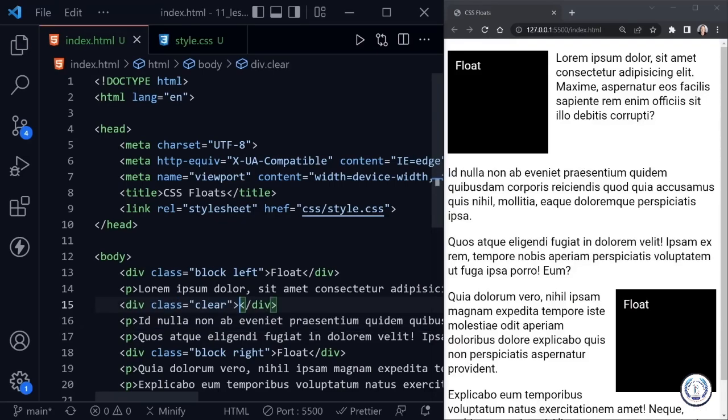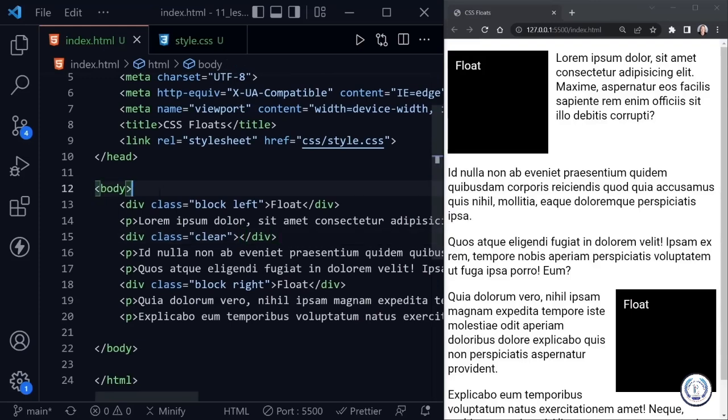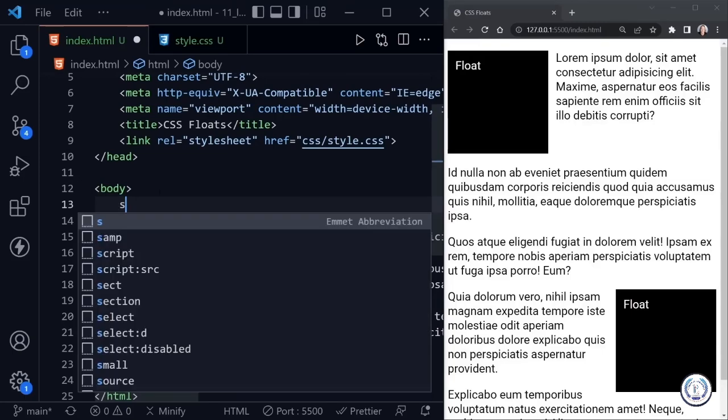And we would save, and then you can see the second paragraph doesn't start until after this div, so it is cleared, and that allows us to go ahead and start the second paragraph after both of these. But this could still be a problem if we had this in a container, and I will show an example of that. So let's apply a container to the div and the first paragraph,